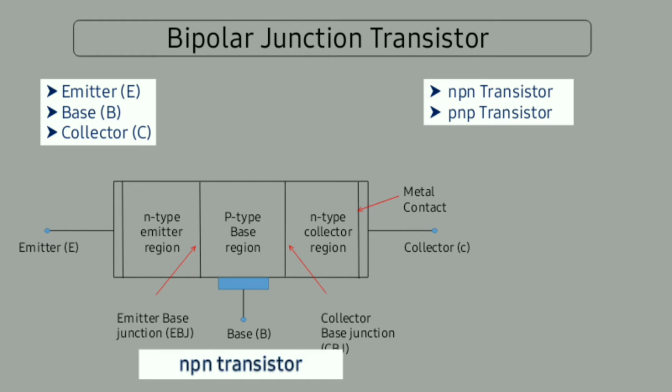Compared to PNP transistor, NPN is the most commonly used BJT. NPN transistor amplifies the weak signal entering the base and produces a strong amplified signal at the collector end. NPN transistor is designed to pass electrons from emitter to base. So the conventional current flow will be from collector to emitter. Emitter emits electrons into the base, which controls the number of electrons the emitter emits. And this NPN transistor is mainly used in switching applications and in amplifying circuit applications.